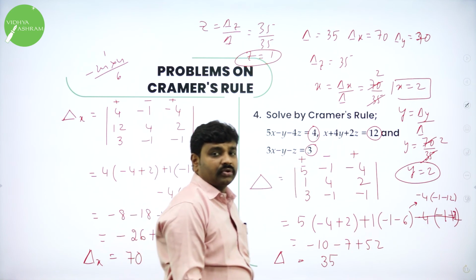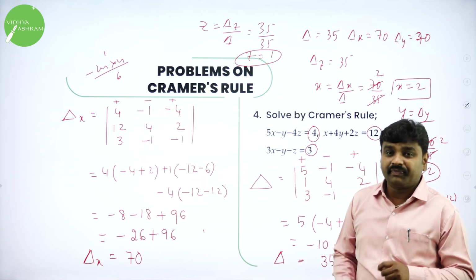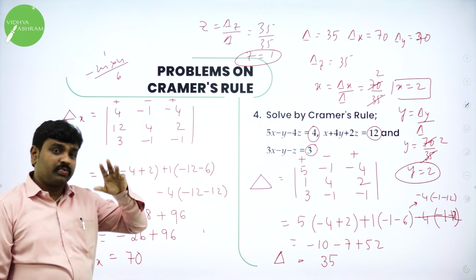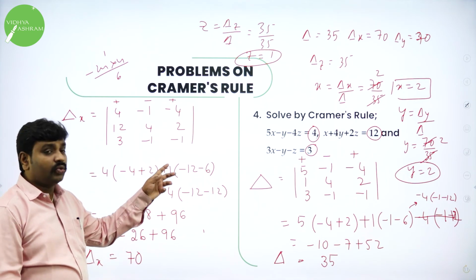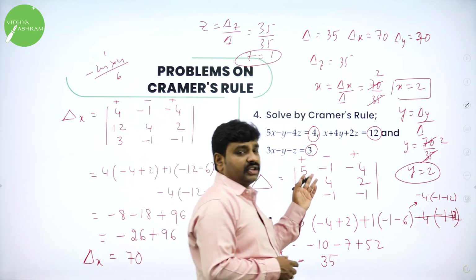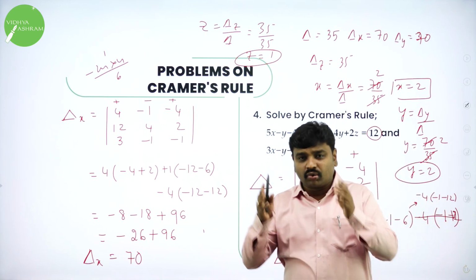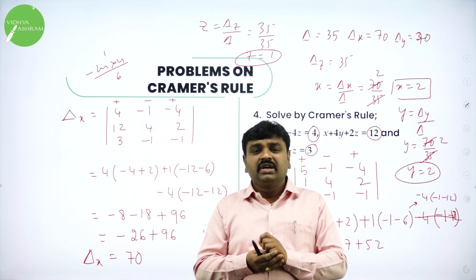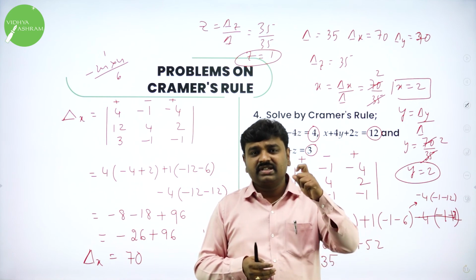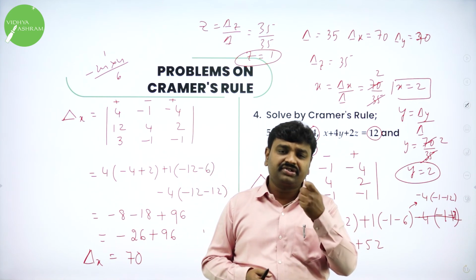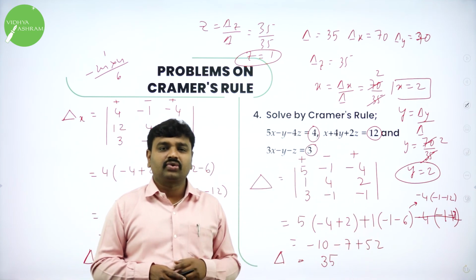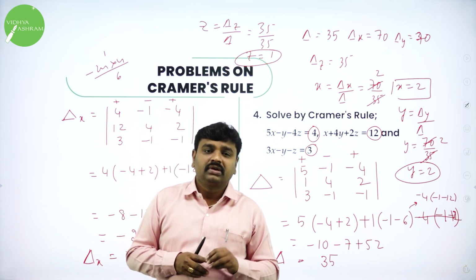Yes. So now I hope all of you understood. So I solved problems by Cramer's rule, 2 cross 2 and 3 cross 3. In my last class, I solved using properties without expansion. We have solved the determinants, but now using determinants, we solved simultaneous equations. Method is same. Delta means the determinant of the coefficient matrix, and delta x means replace the column of x with constants in delta and expand. X is delta x by delta, y is delta y by delta, and if you want z, delta z by delta. And if delta is 0, the system is not consistent, you cannot solve it. That's the conclusion.